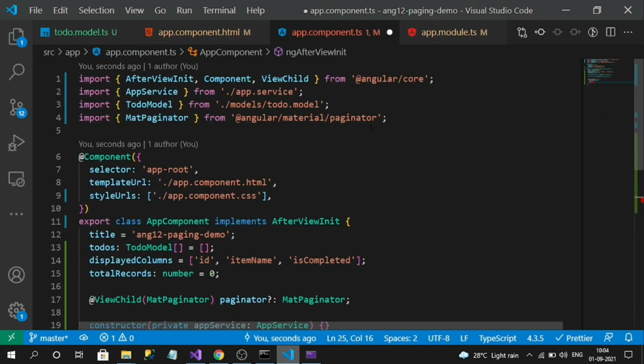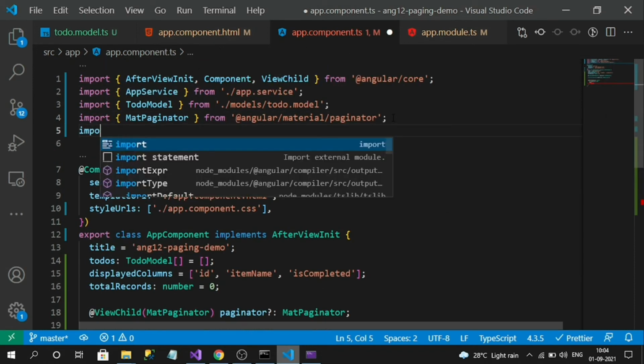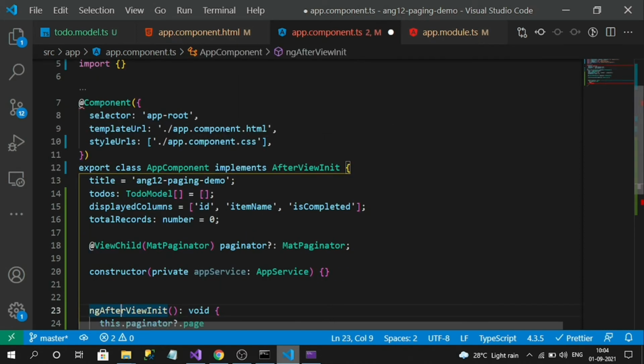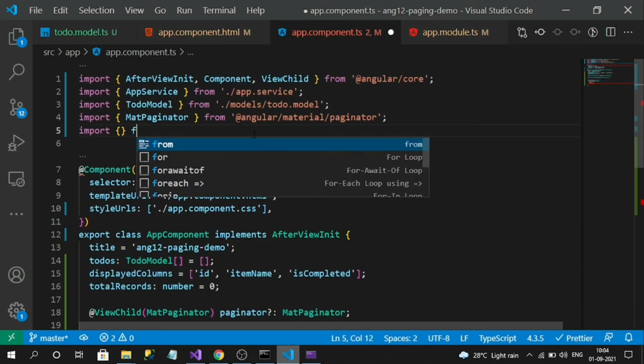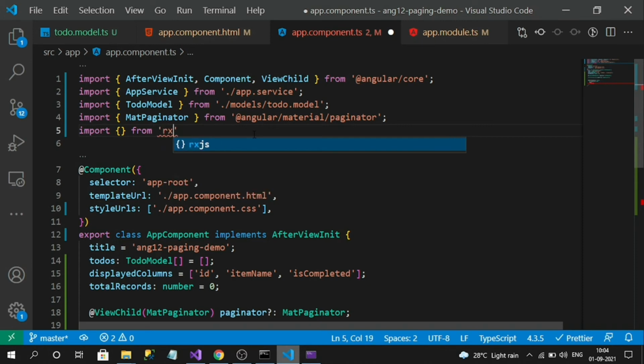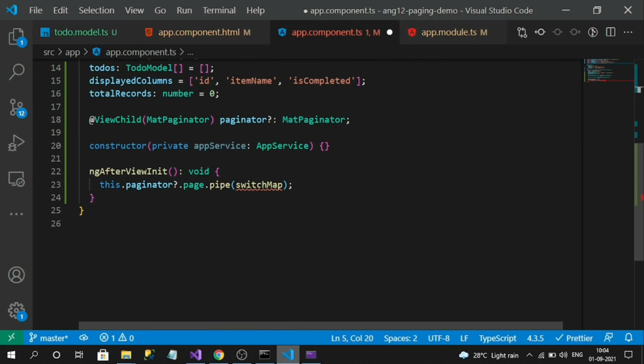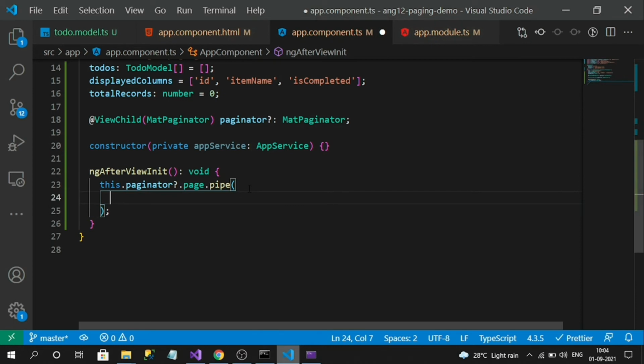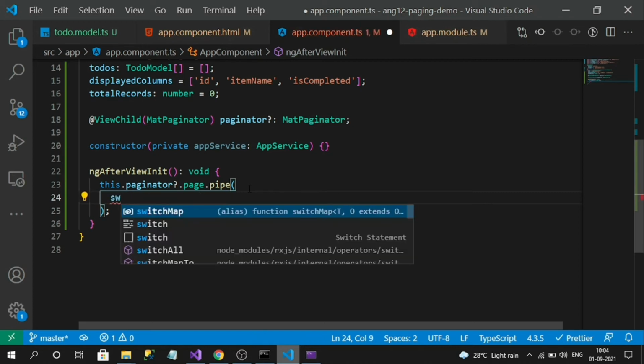Okay, that is from RxJS operators. Import from RxJS operators. Okay, from here you can use switchMap. That means we are changing the event from the normal page change to our API call event. Okay, so switchMap,